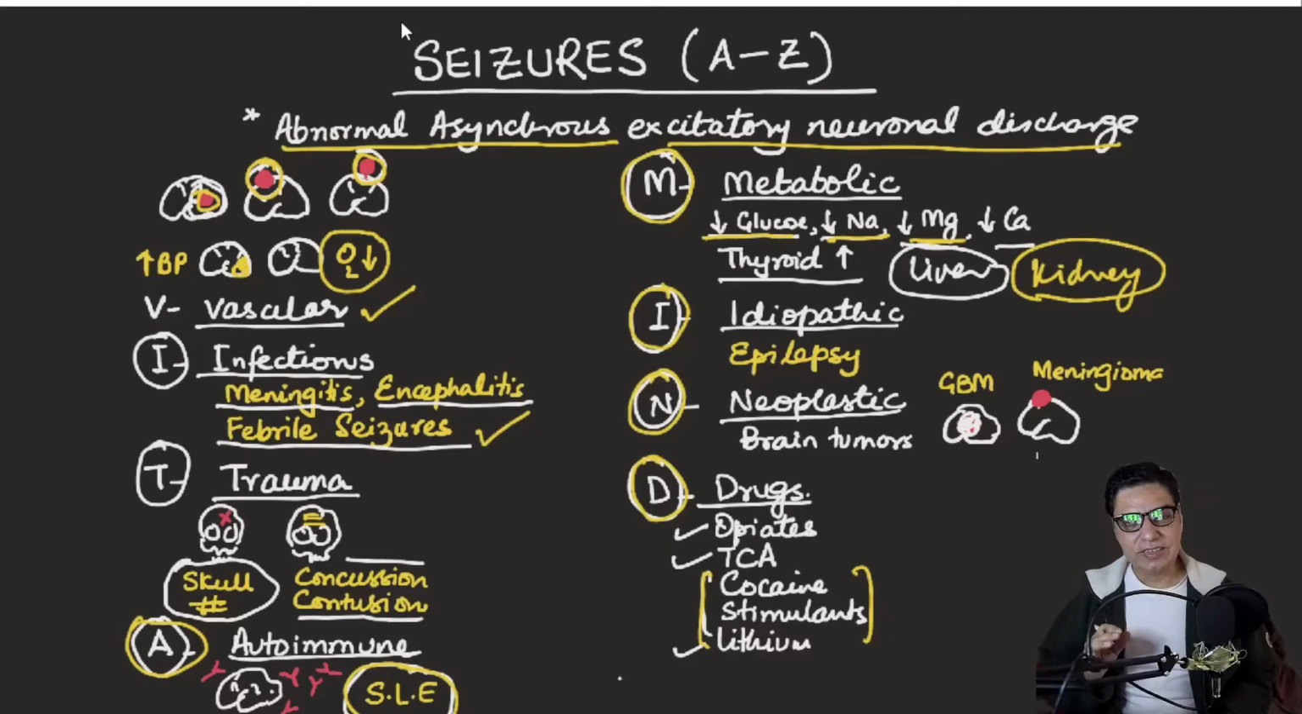So this, in a nutshell, is vitamin D, which is the acronym for remembering the causes of seizures in children. Once again, quickly: V for vascular, I for infections, T for trauma, A for autoimmune, M for metabolic, the other I for idiopathic, N for neoplastic, and D for drugs. This is how you should be remembering the causes of